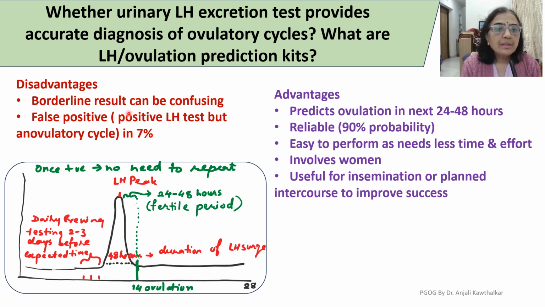Disadvantages: borderline results sometimes are confusing, and it is false positive in 7%. False positive is when we have a positive LH test, but the cycle is still anovulatory. These are the cases where there is a luteinized unruptured follicle. As you know, what is happening in luteinized unruptured follicle is